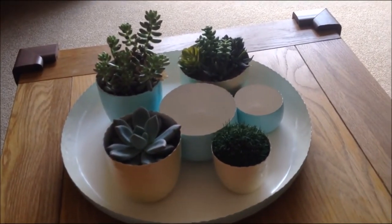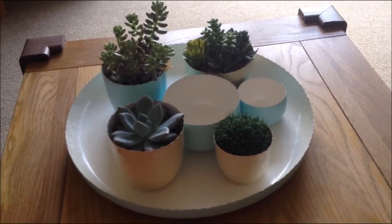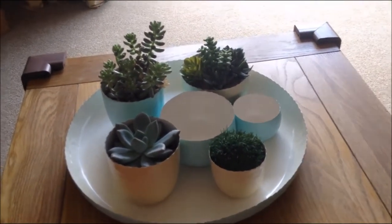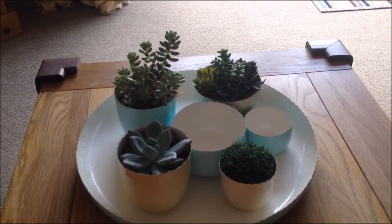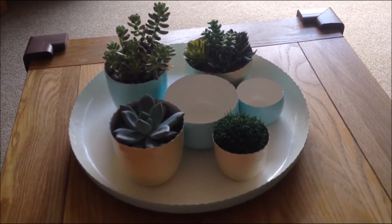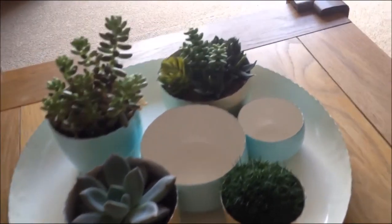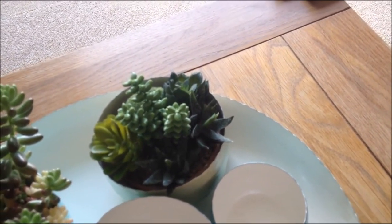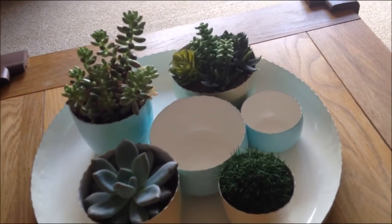I love trays as displays on coffee tables, mainly because if Alex decides he needs the whole table to be turned into a farm, I can just, with one sweep, take that out, and he's got everything sorted and he can play. I've bought some succulents. That one over there is a fake. I got that from TK Maxx, and that's on another haul. But those I bought this past weekend just from a garden centre, and I've left a couple of the little bowls